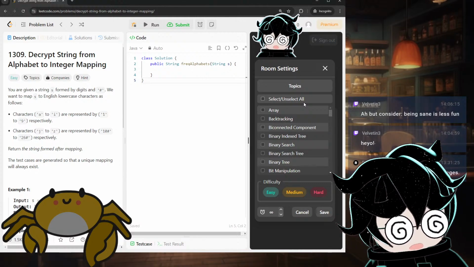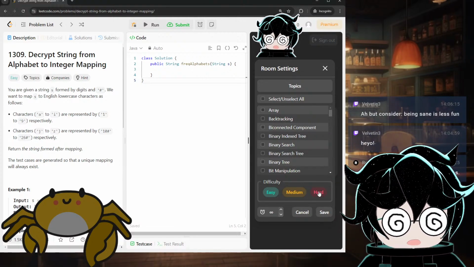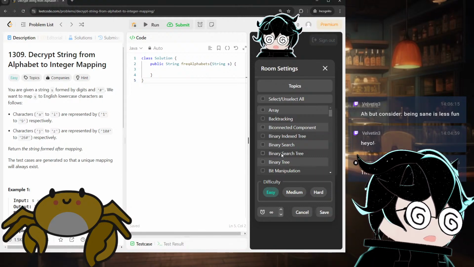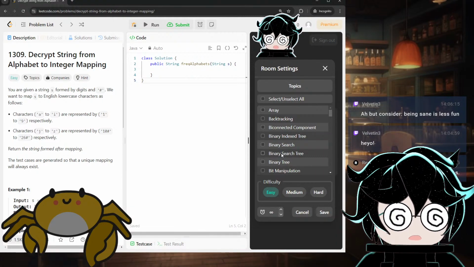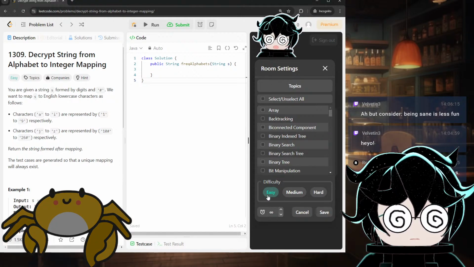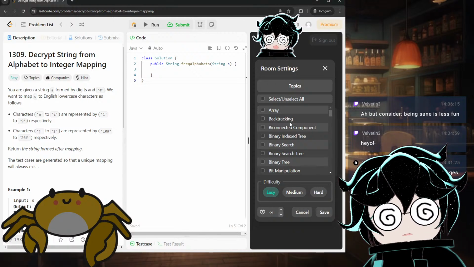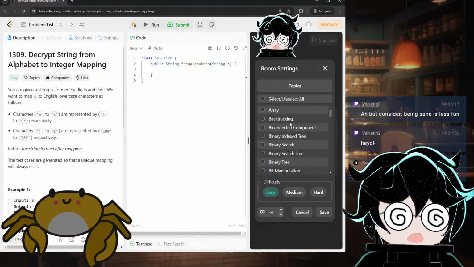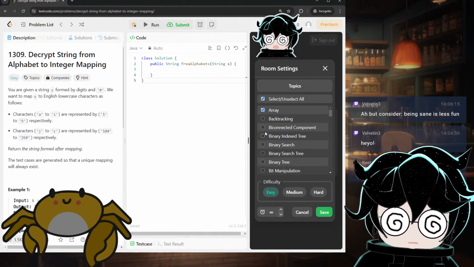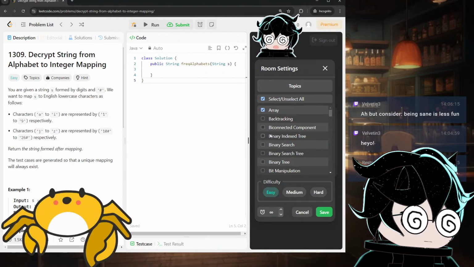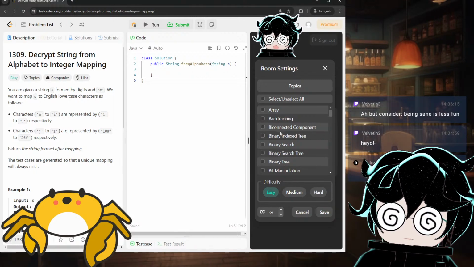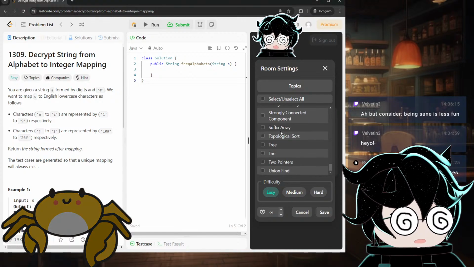So how this works is we can turn on question types that we know how to solve. Usually we only turn on less than half of these because nobody knows everything, right? I've turned off all the hard and medium questions and put it to easy like we usually do. Let me know which of these concepts you're familiar with. Do you know arrays? Like lists? How many are there? There's a lot. Again, we never turn on everything because we don't know everything.